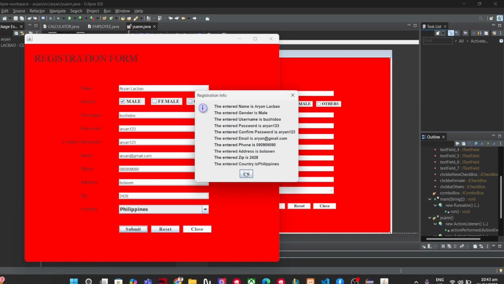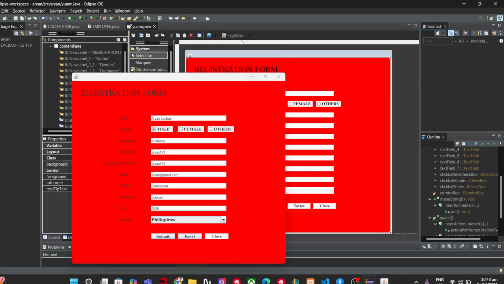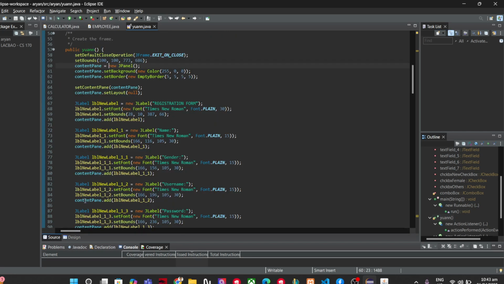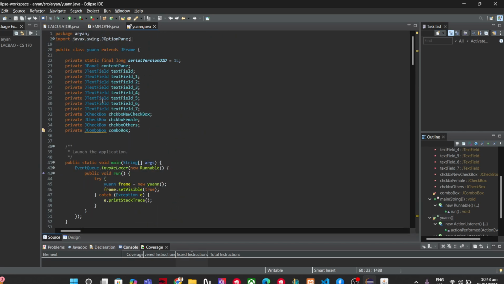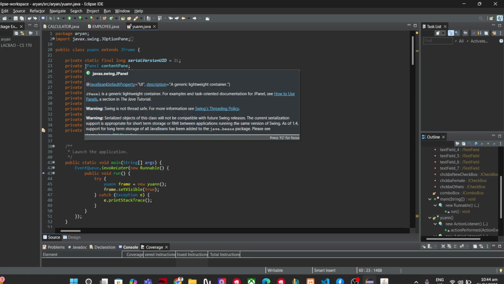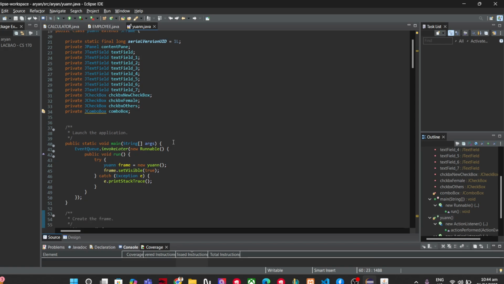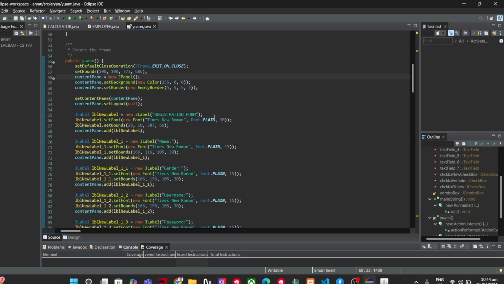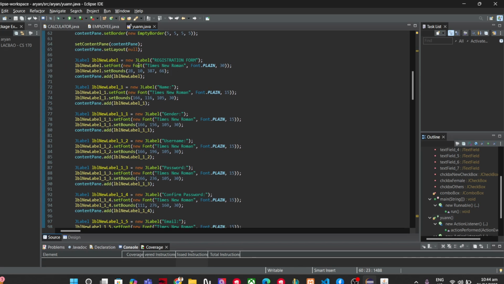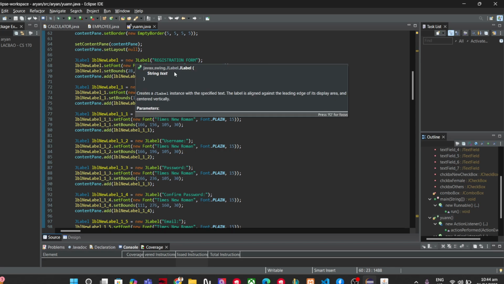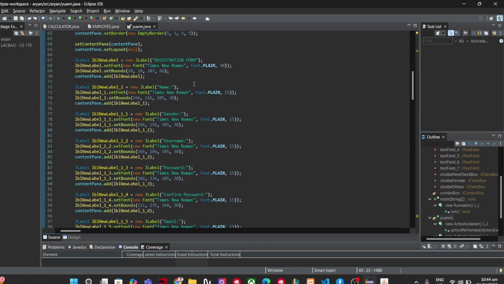And let me show you the source code so that I can explain it. First, I use a GUI like a panel, a text field, a checkbox, and also a combo box. And first on the design, I put a JLabel, and the text is Registration Form.